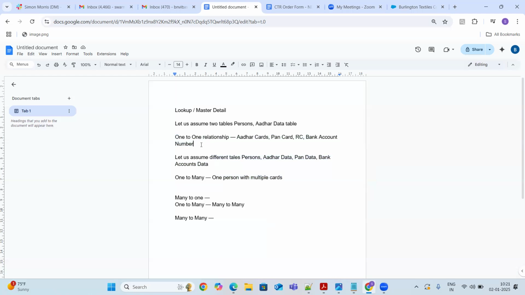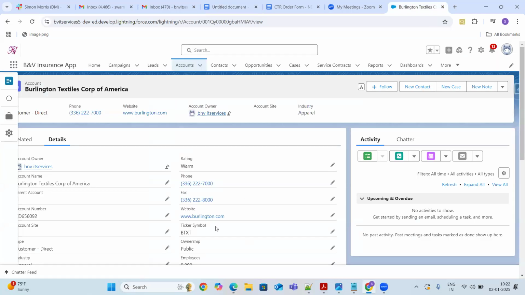Basically, whenever you want to capture a one-to-one relationship, we don't create separate tables if the table is already present. Our data is just to capture Aadhaar card information of that particular person. In that case, no need of maintaining a separate Aadhaar card table. If it is like that, then no need of creating a relationship field, guys. We can just create a field like an Aadhaar information field, like how we are capturing the phone numbers on the account.